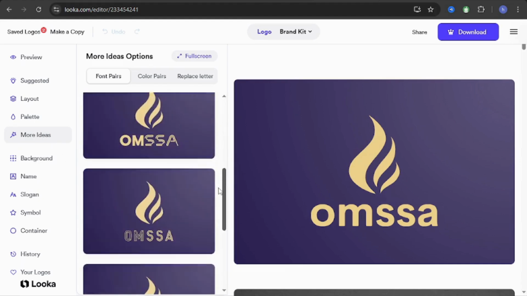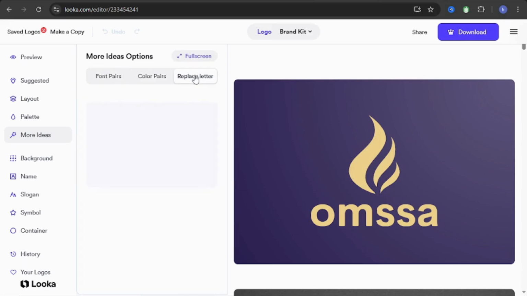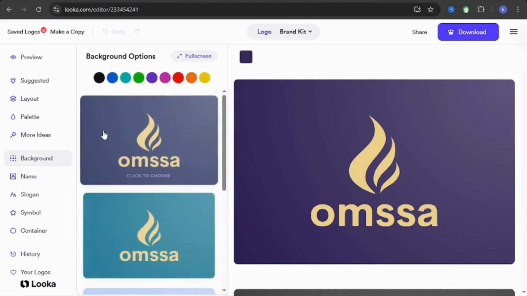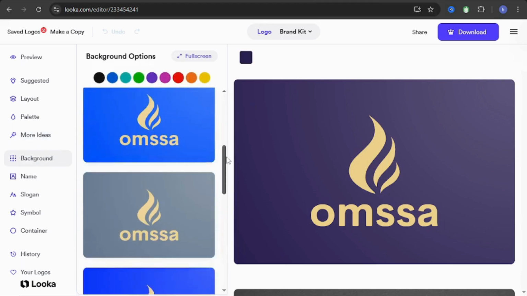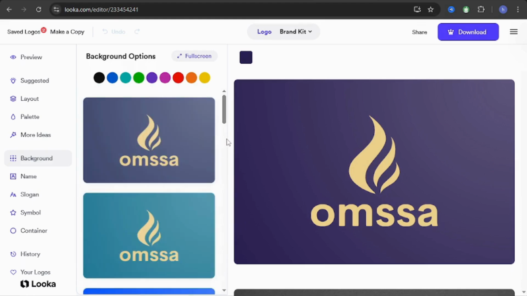You can change it in here. We click here on the background layer. The background here, you can choose the colors. I don't like this. And that's it. You can download